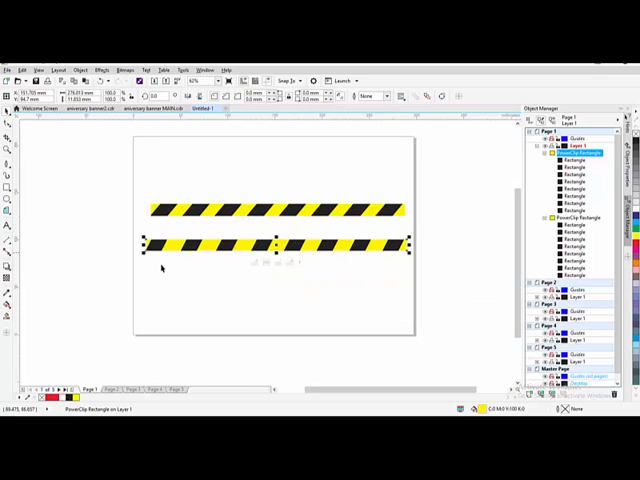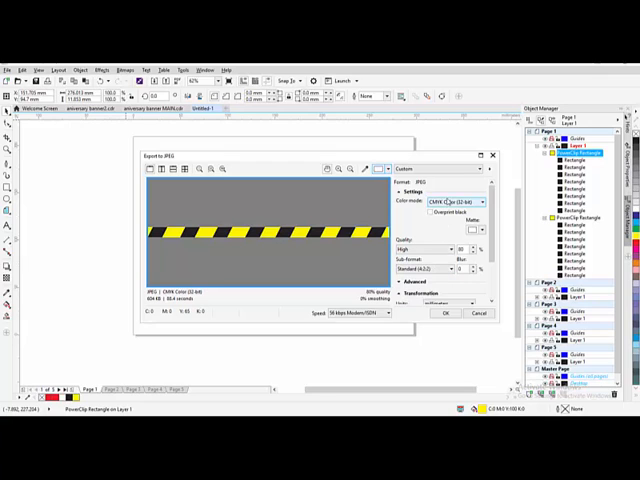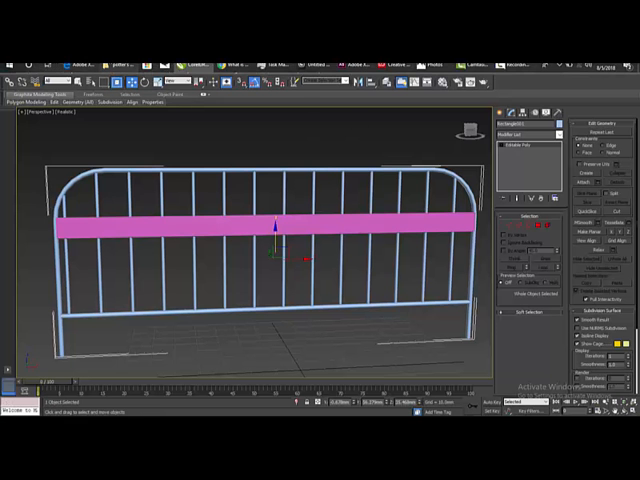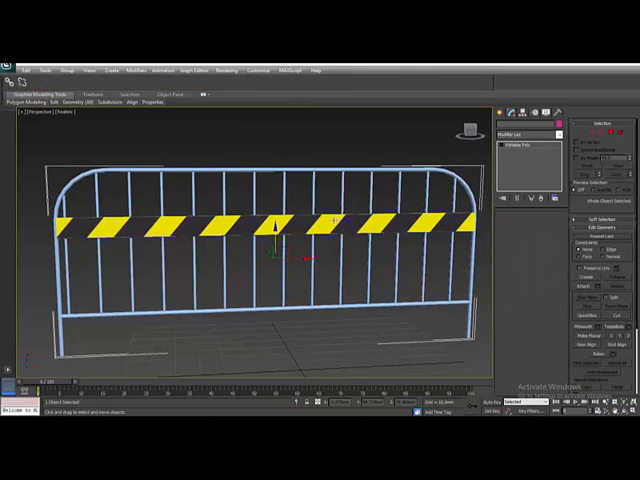So cancel and say file, export. Now export selected only. Export, change this to RGB and click on OK. So when you do that, it takes it into a folder and it builds this for you. So you can either drag and drop and it will build it for you, or